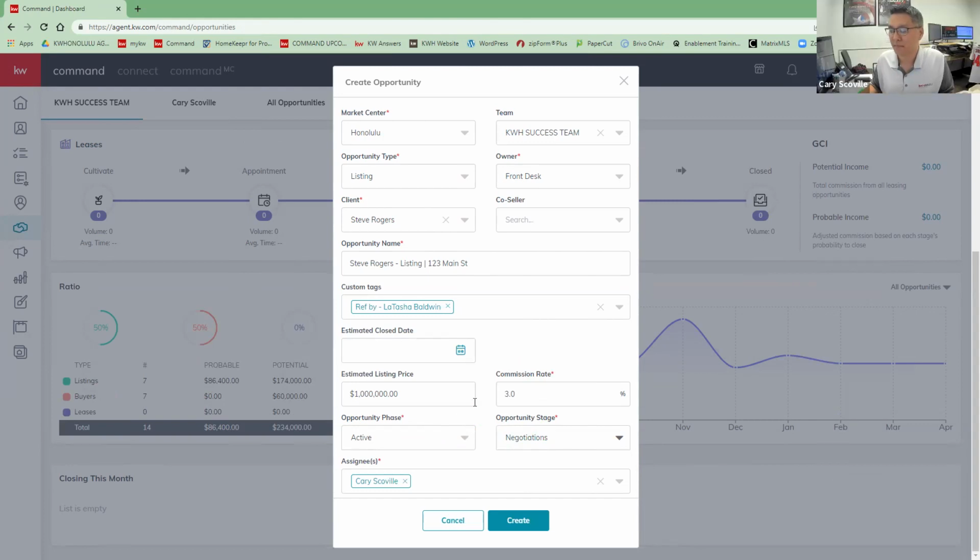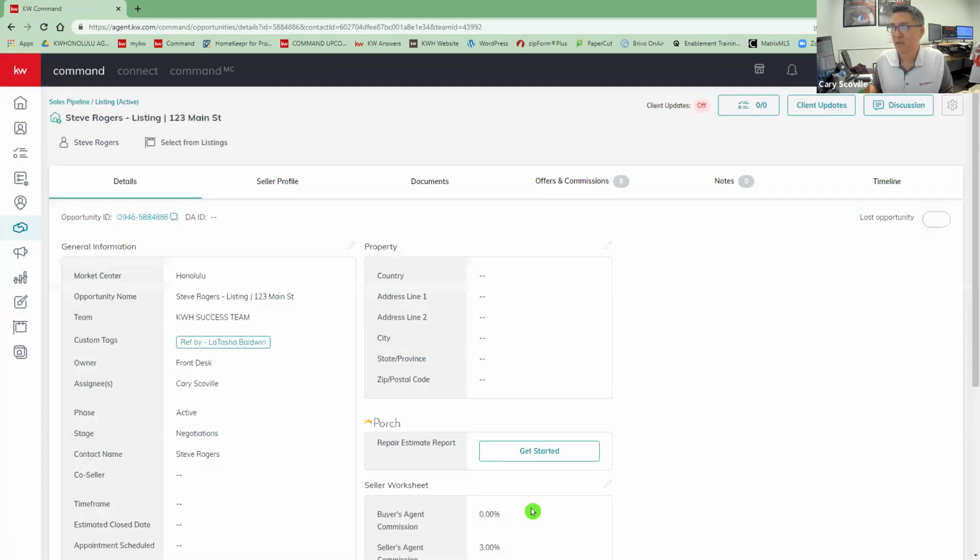You're good. And then assignees, you're going to see yourself if you're on a team, right? For the TCs, maybe you're TCing for a team. Make sure that you have whoever is working that particular opportunity. Make sure the right agent is on that opportunity, right? Your buyer agents can only see what they're tagged onto or assigned to. So you'll hit create.